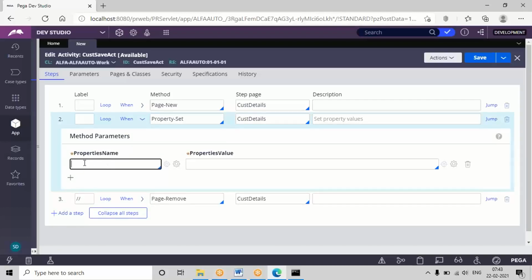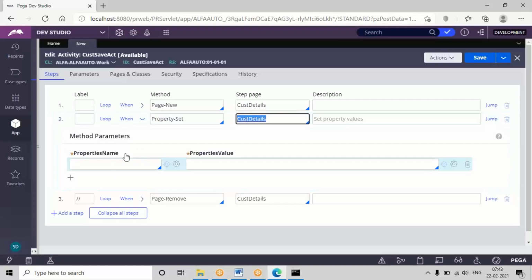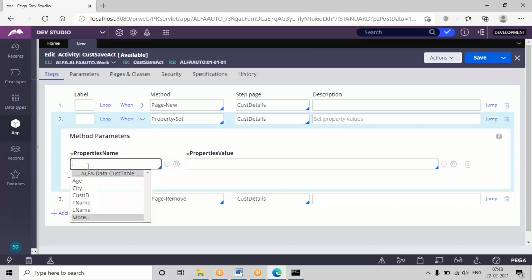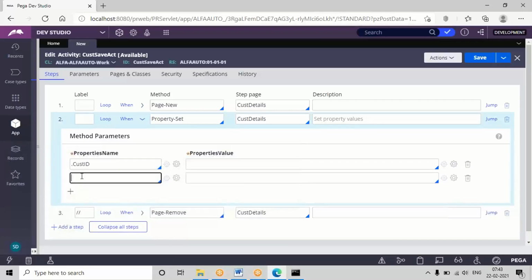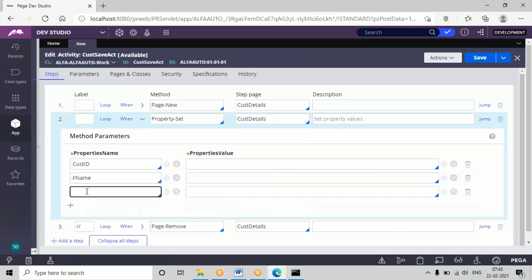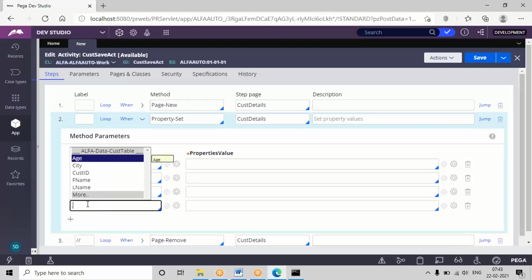So on the left side, always remember in the name option, we'll define the table properties. See, when the step page is defined, if you click on the dot option, you'll get all the table columns. So you can include one by one, in any order. I'm using customer ID. So what are the fields I take in the data type? You can include all these under this property set.